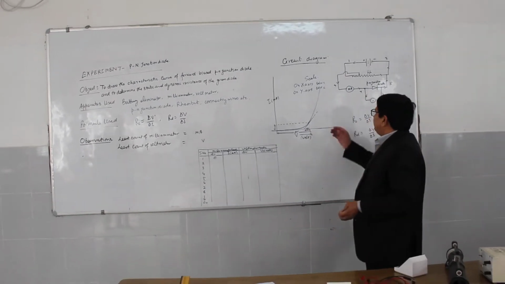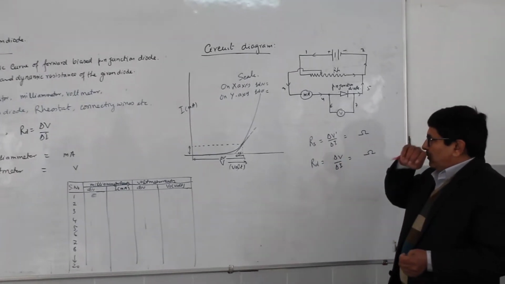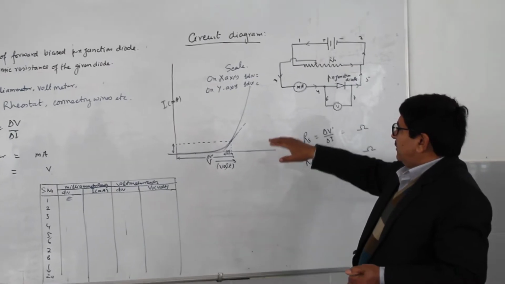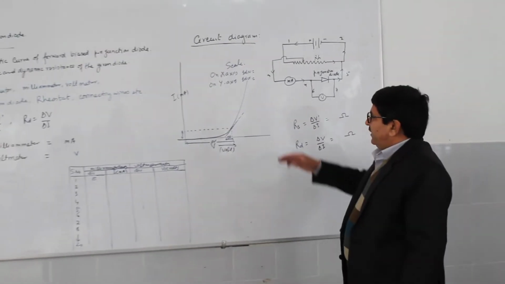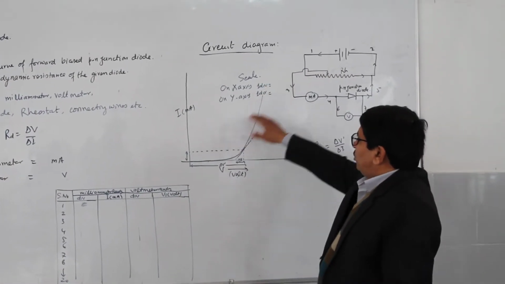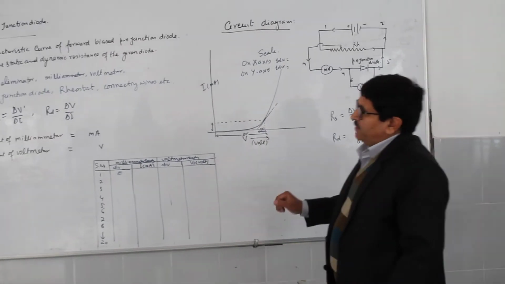We are only dealing with the forward characteristic, and we are comparing Ohm's law for the ohmic conductor to the non-ohmic conductor. As we verified in the previous experiment, if the characteristic curve of the V versus I graph is a straight line, that was ohmic. Now it is not a straight line, so it is non-ohmic. That we have to prove.